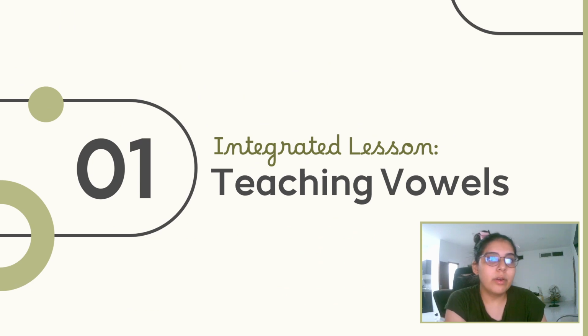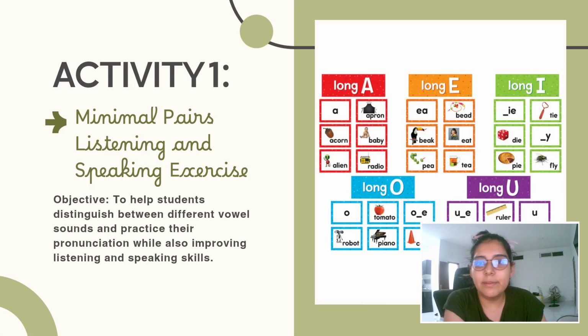Now, we are going to talk about some activities that amplify the integrated lessons. In this case, we're going to begin with teaching vowels. Activity 1. Minimal pairs listening and speaking exercise. The objective is to help students distinguish between different vowel sounds and practice their pronunciation while also improving listening and speaking skills. The materials we have to use is a list of minimal pairs, for example, sheep,